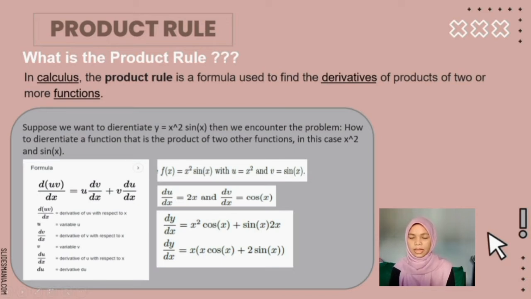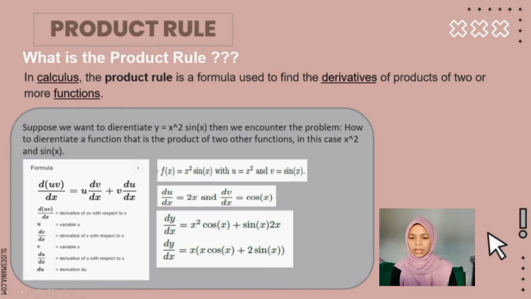After that, we need to find du/dx and dv/dx. So du/dx, as you can see, is equal to 2x, and dv/dx is cos x. We change sine x to cos x. Then we can substitute into our formula. So it will be dy/dx equal to x to the power of 2 cos x plus sine x times 2x,